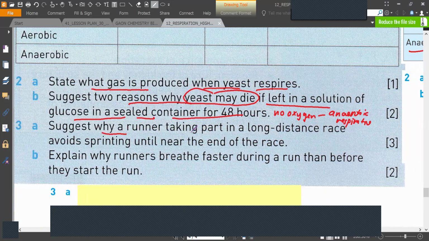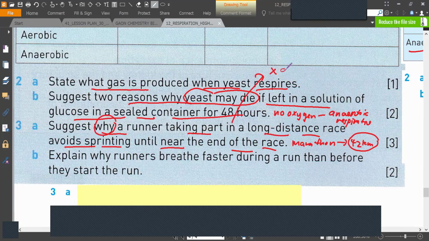Suggest why a runner taking part in a long distance race avoids sprinting until near the end of the race. Okay, so a long distance race like a marathon. They need to run 42 kilometers. Normally, they run slow. They only start sprinting towards the end. Why? Because